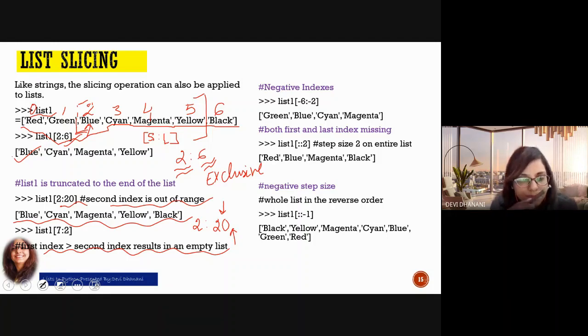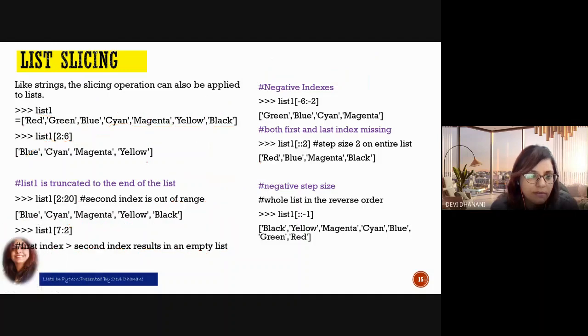Now considering negative index values, for example, if I take -6 and -2, how does the slicing take place? Let's have a quick look at this also. Let me give negative index values to my list first. We start with -1, that is, we go right to left. Black has an index value of -1, yellow -2, and